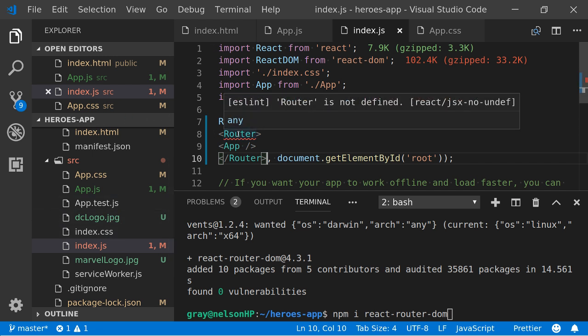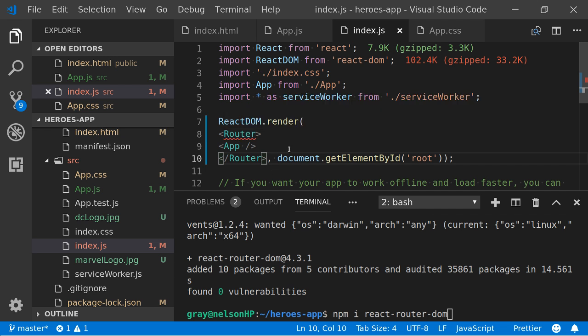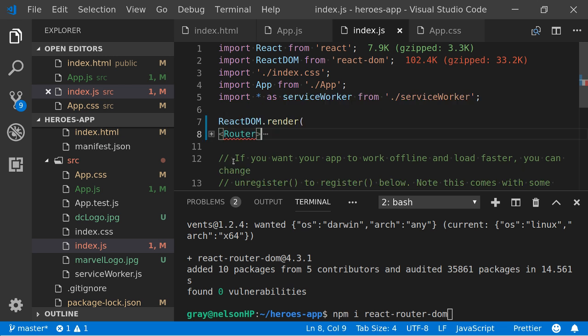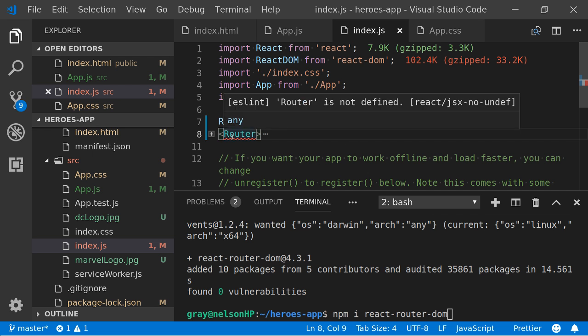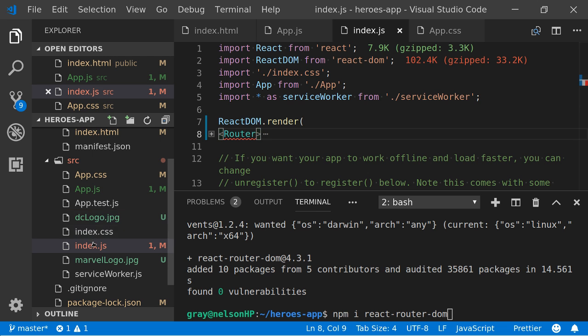So I've got a little red line here. Any idea why? The error gave me a hint. It's not defined, yeah? So I actually need to import it in here, don't I?